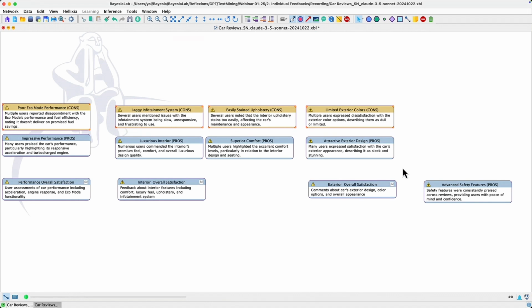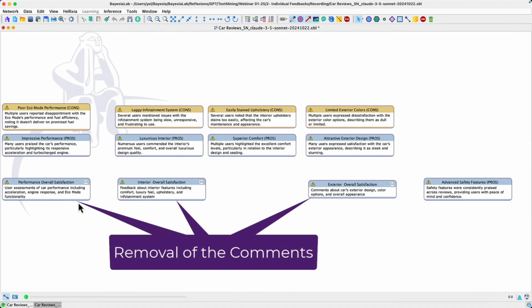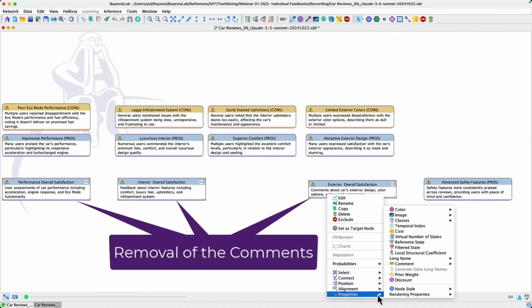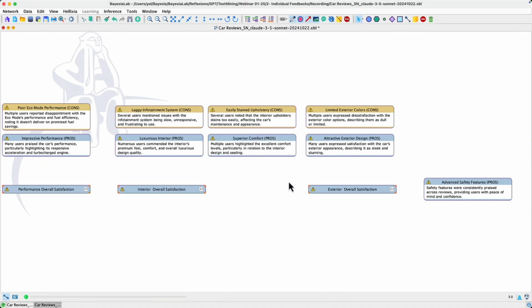I'm aligning the nodes horizontally and vertically to get something quite nice. Then I'm removing all the comments associated with these 3 latent variables, because these comments were coming from the other graph, sorry.